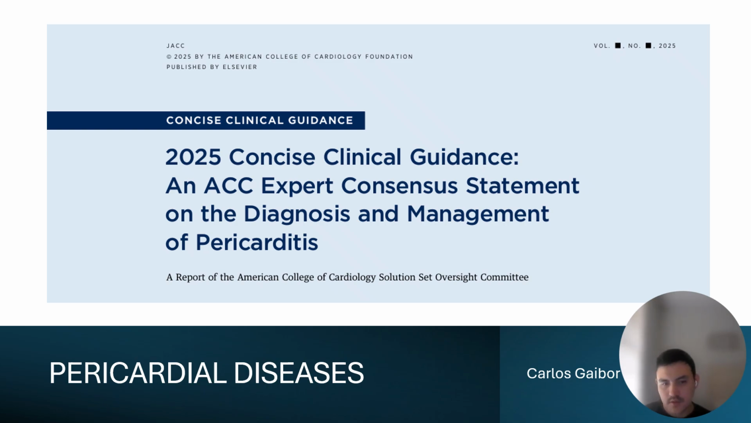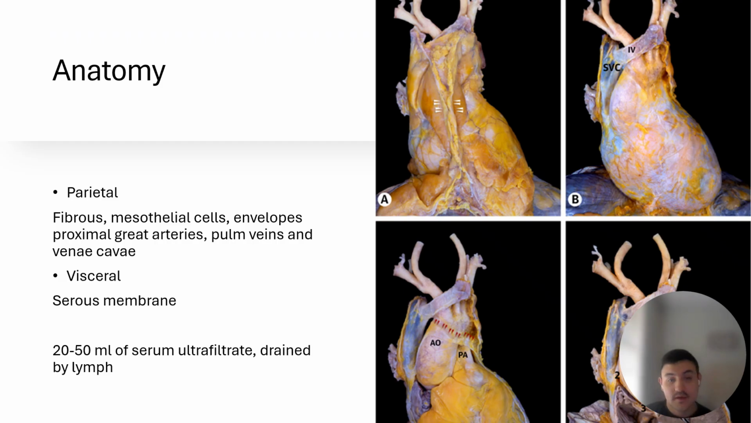Another video for pericardial disease based on the ACC 2025 guidelines that just came out this year. The first thing for understanding pericardial disease is the anatomy. The pericardium consists of two layers, the parietal layer and the visceral layer. The parietal layer is the outermost, external layer, composed of fibrous mesothelial cells, and the visceral layer is a serous membrane. In between, you have 20 to 50 ml of fluid,